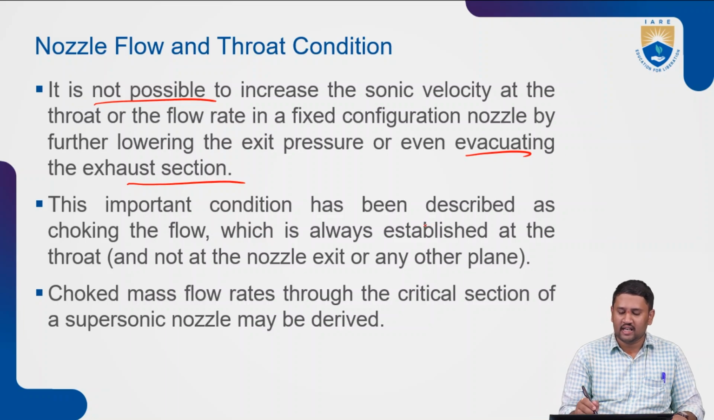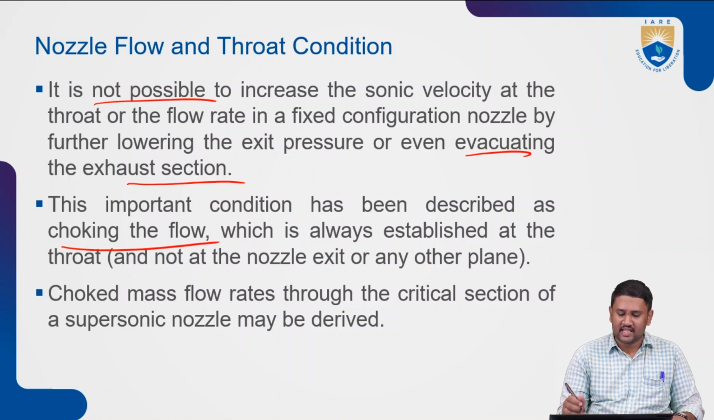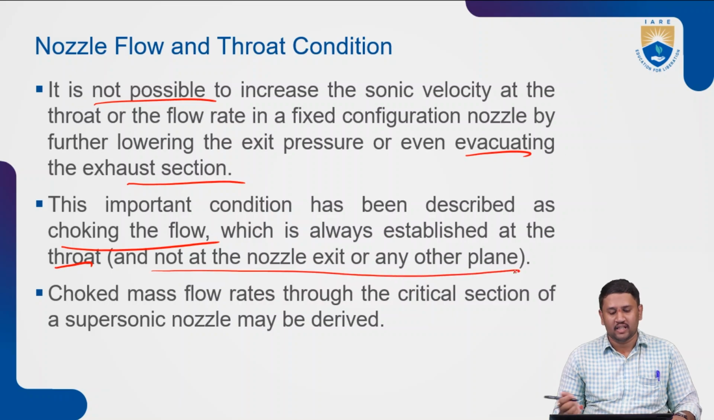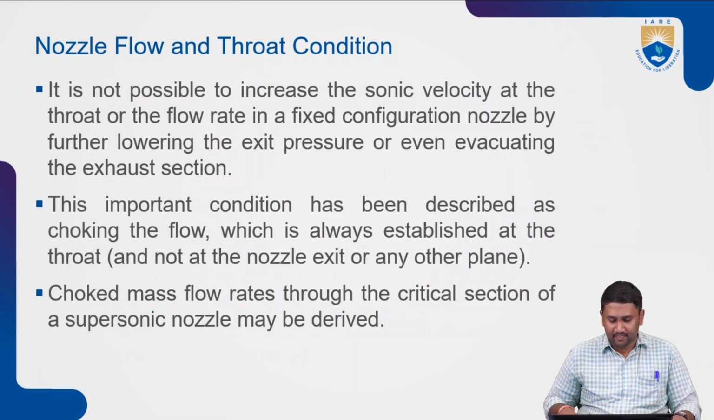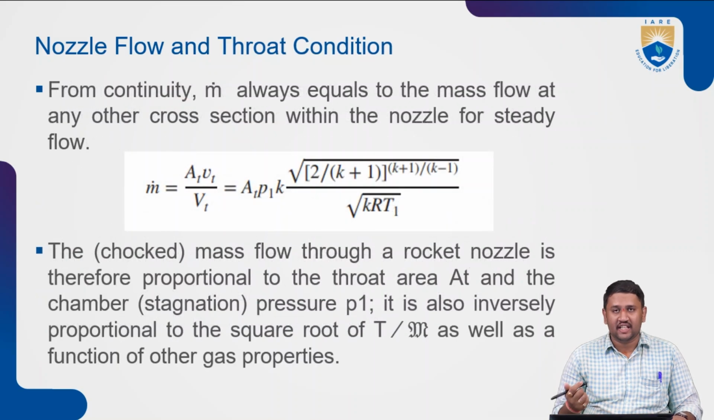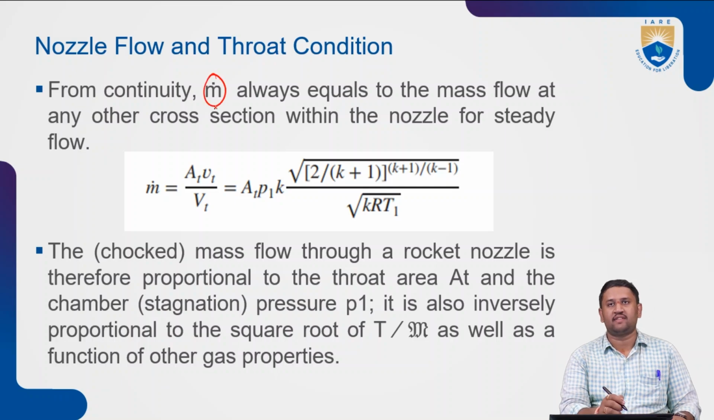It is important that what has been described as the choking of the flow is established at the throat, not at the nozzle or any other place. The choked mass flow rate through the critical section of the supersonic nozzle can be derived from the continuity equation, where mass flow rate m dot is equal to